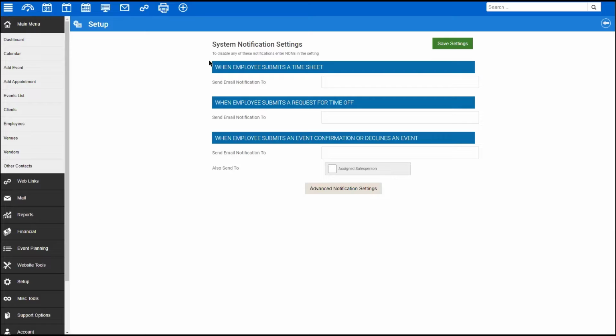These system notifications here are only necessary, again, if you use timesheets. Again, that is for office level employees that you want them to submit hours to you that they've worked. When the employee submits a request for time off, you can set up something here as well. And when an employee sets an event confirmation or declines an event, who gets an email notification? This comes in handy if you have maybe somebody else that's running HR. You can put their email in here as well